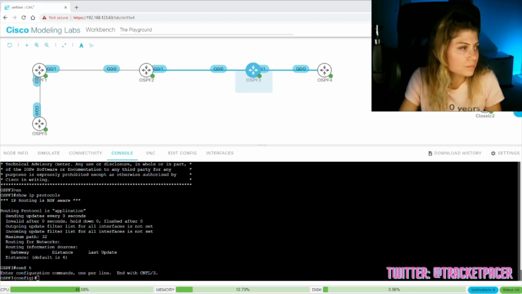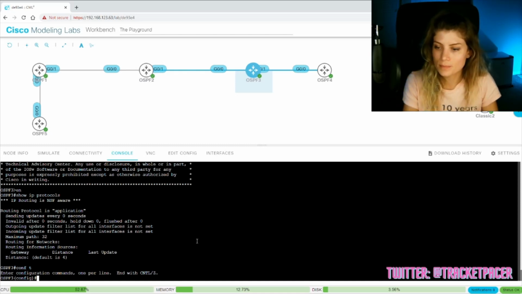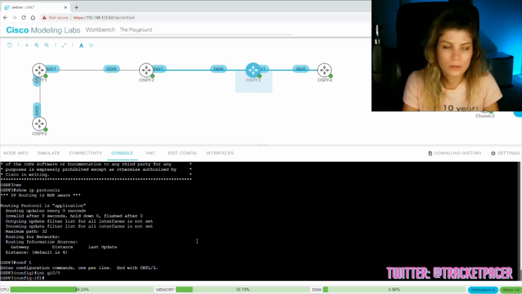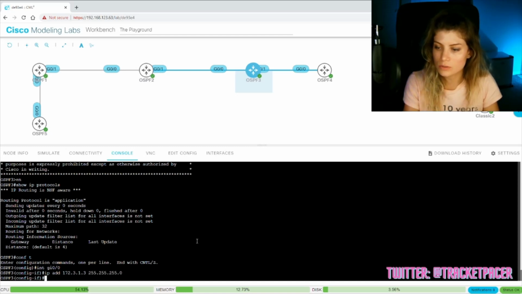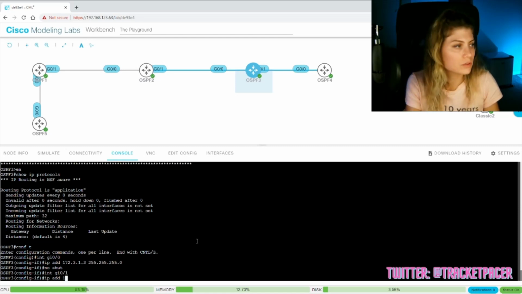Okay. Yep, I'm just double checking. I have my IP addressing scheme over here. Okay. OSPF 3, so 0/0 is going to be on the same subnet as OSPF 2 0/1. So we're doing, all right, GI00, IP address is going to be 172.3.1.3/24, no shut, interface GI01, IP address